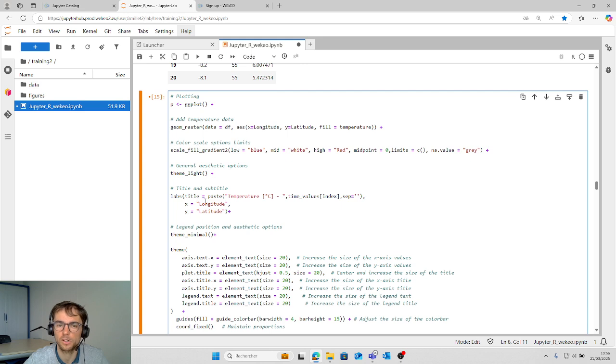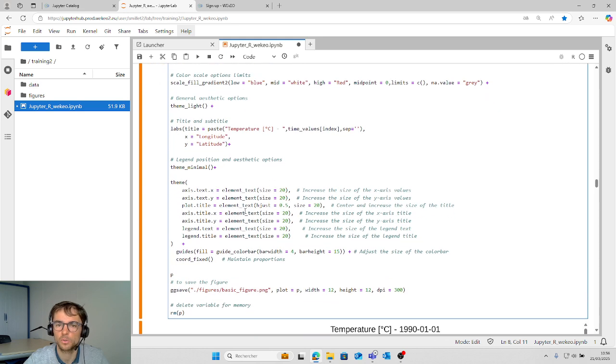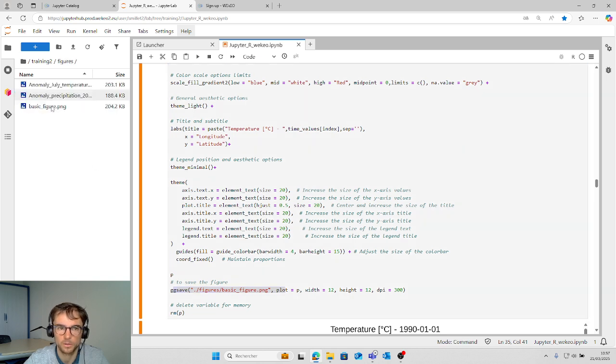Here the title and subtitle. Here the size of the text. Here it is to adjust the color bar, and here to maintain the proportion between longitude and latitude. And finally here it is to save the figure in the folder figure here.